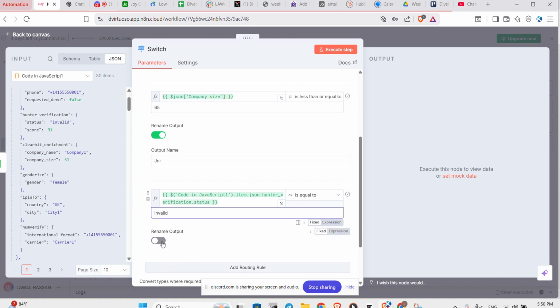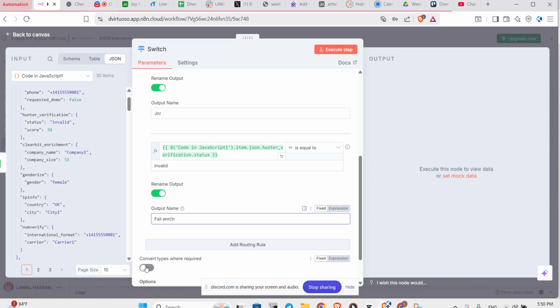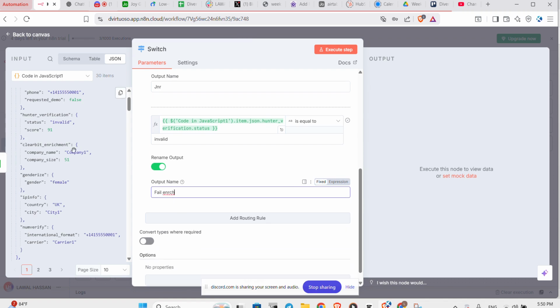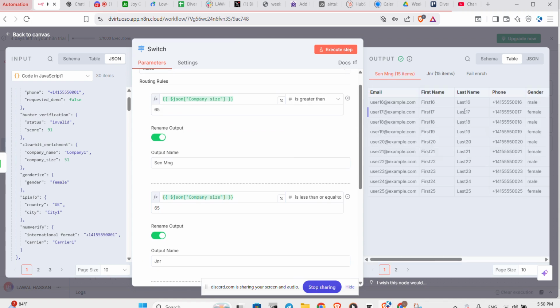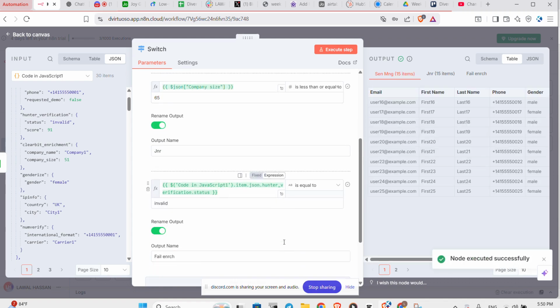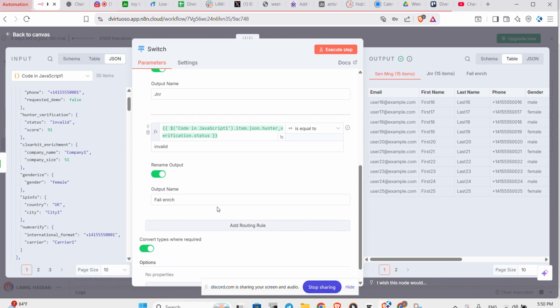And now, let us just rename it as fail enrich. And so you can toggle these convert types. Because some of them are boolean, it gave me some issues while I was running my node. So you can also toggle it and you execute the step. So we want to have the output. You see there is still an error. It is saying fail enrich, nothing is coming out of here, and we are supposed to have a few things coming out of there,